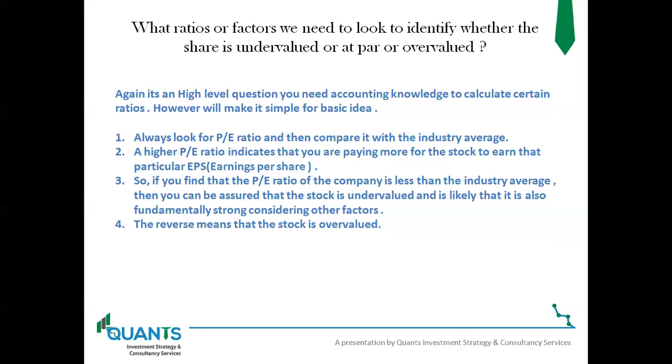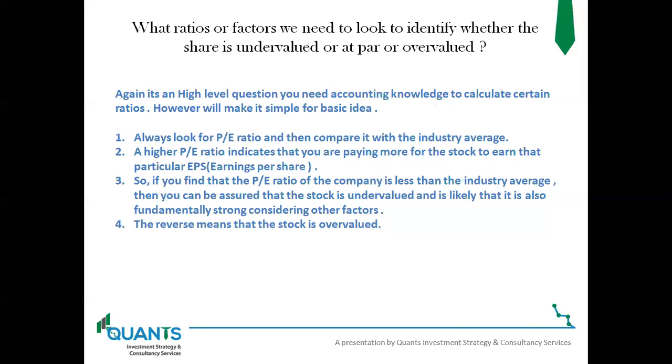Now, when you're picking up the Infosys stock, the industry average for IT will have a PE ratio. You have to compare that versus this and see which is lower. If it is lower than your industry value, then probably it is a good bet. A higher PE ratio indicates that you are paying more for the stock to earn a particular EPS. Hope it is clear. So if you find that the PE ratio of a company is less than the industry average, then you can be assured that the stock is undervalued and likely that it is also fundamentally strong